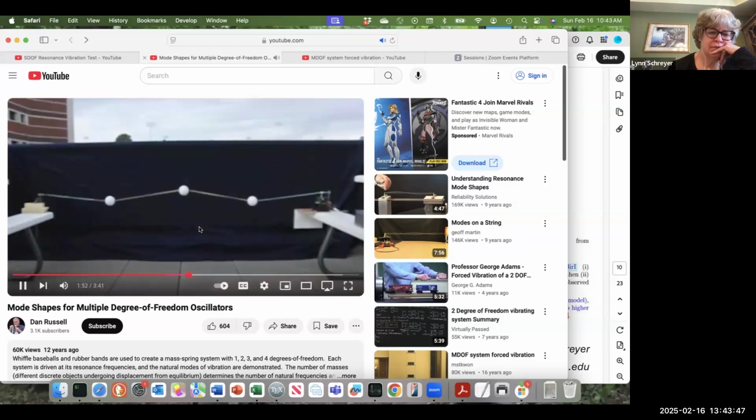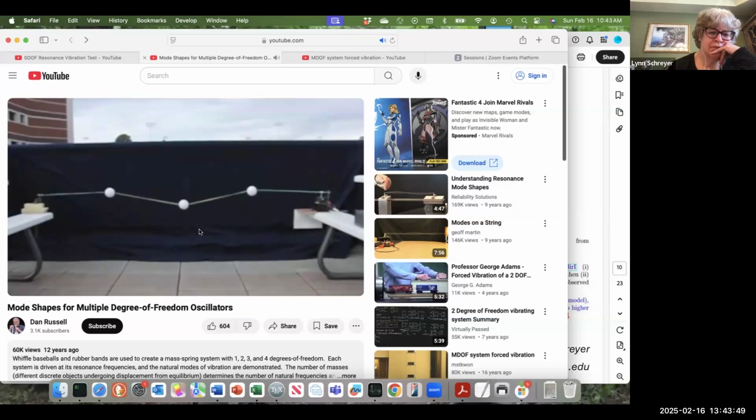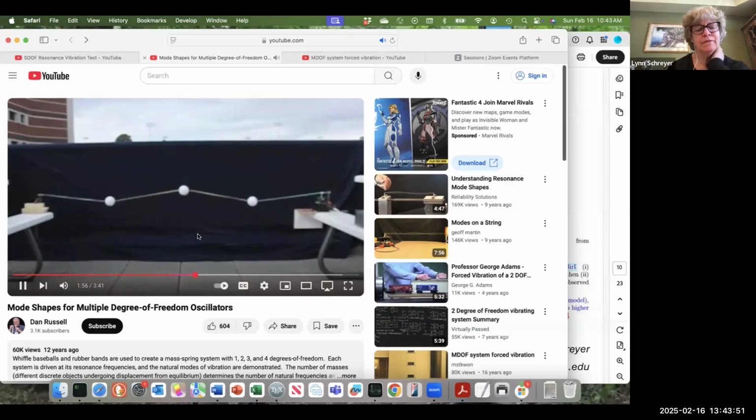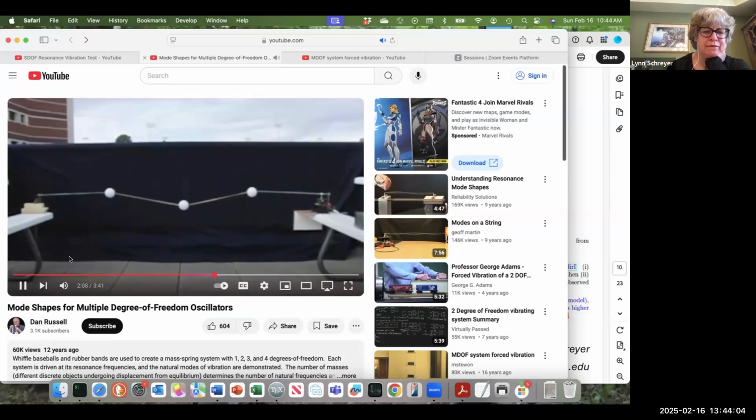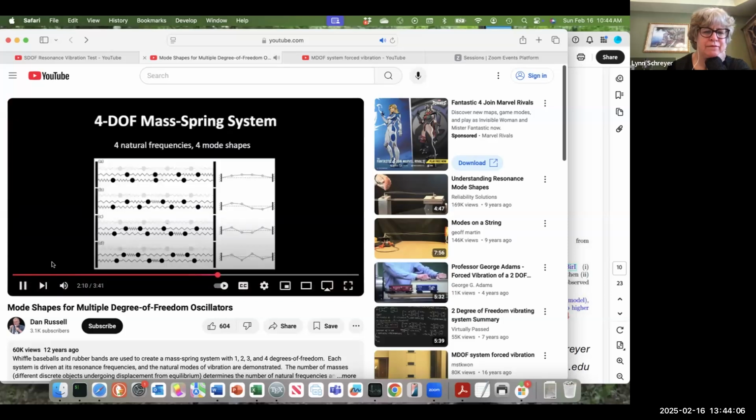In the third natural mode shape for the 3 degree of freedom system, all 3 masses alternate in directions or phase. The 2 outside masses move together, and the inside middle mass moves in the opposite direction compared to the outer 2. Hopefully by now you'd be able to guess that a 4 degree of freedom system would have 4 natural